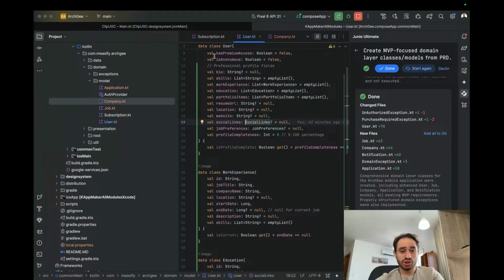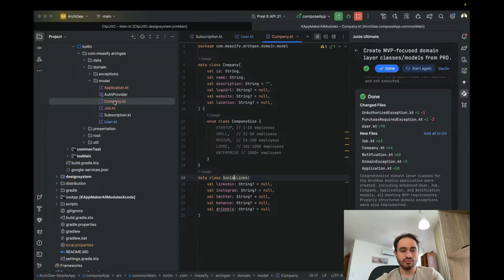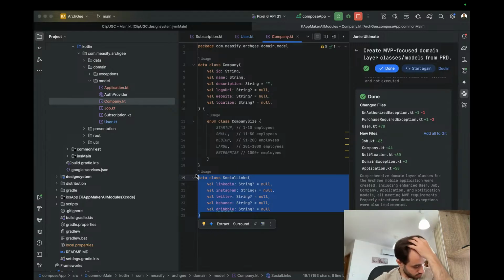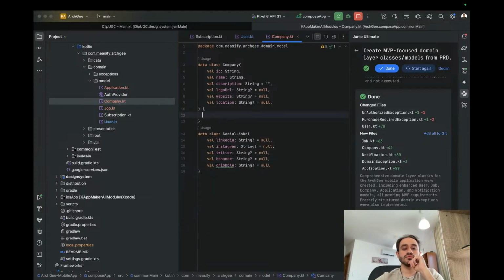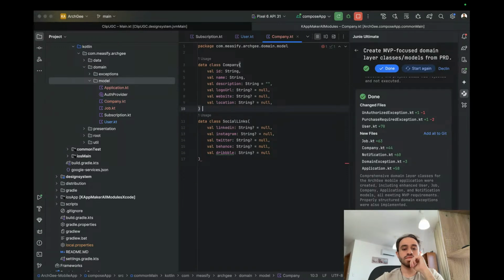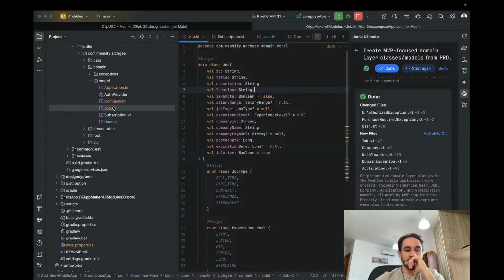User have social links. No, we don't want user have social link in the, or do we want? Maybe. Company size, we don't want it. Now we can, for the job,